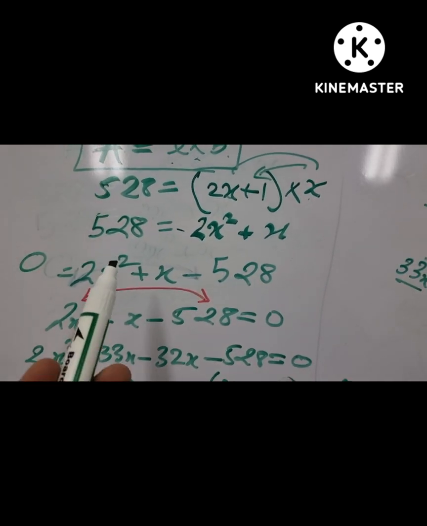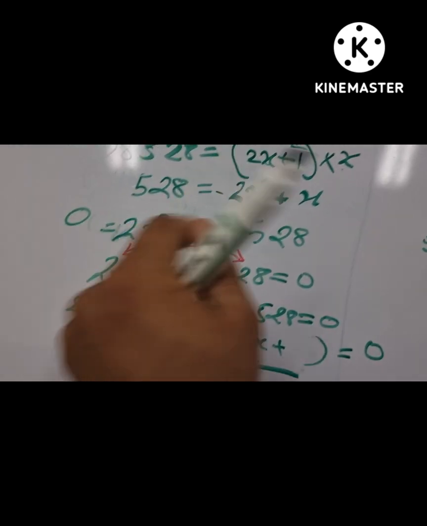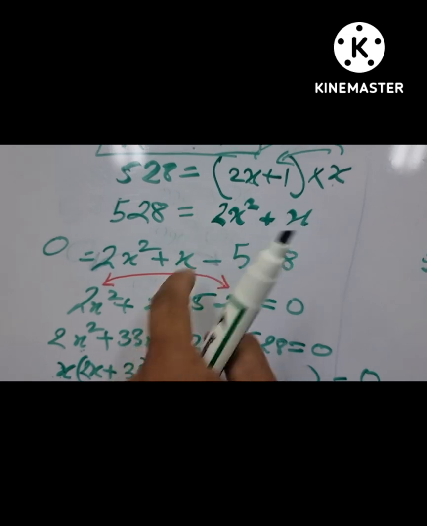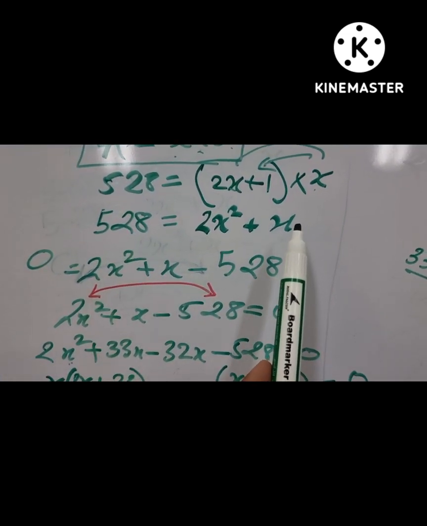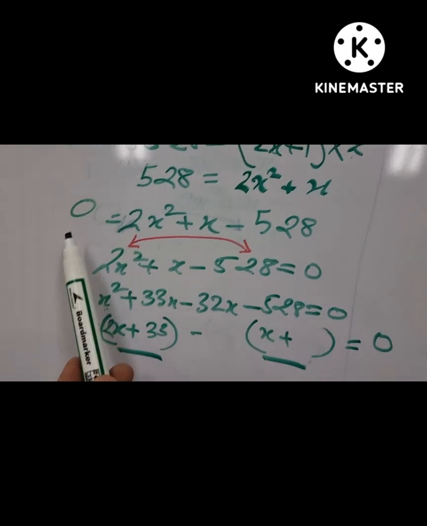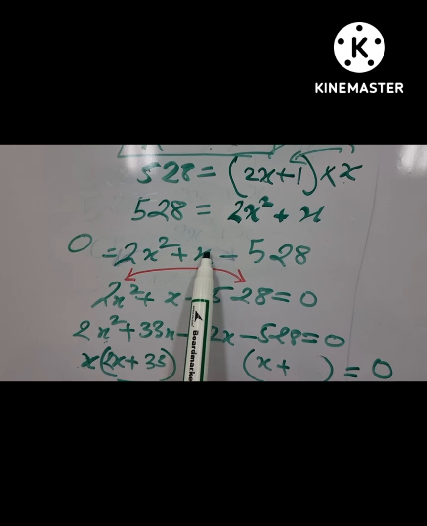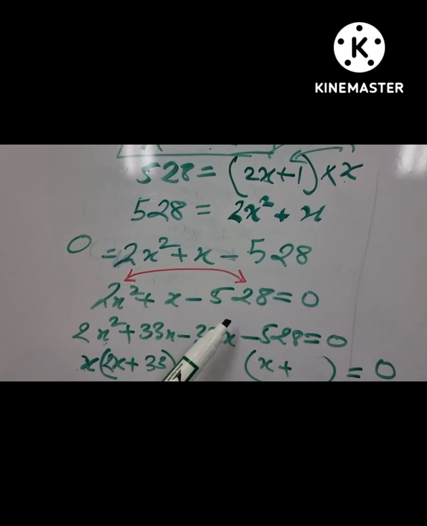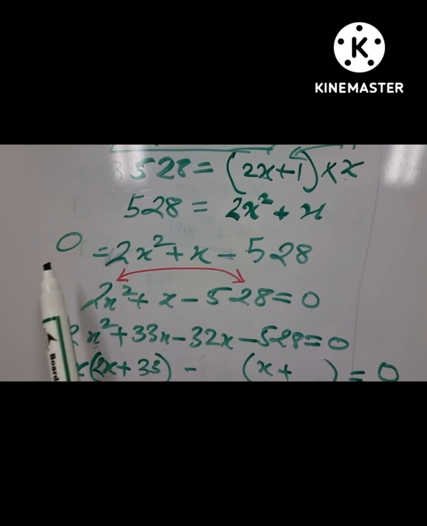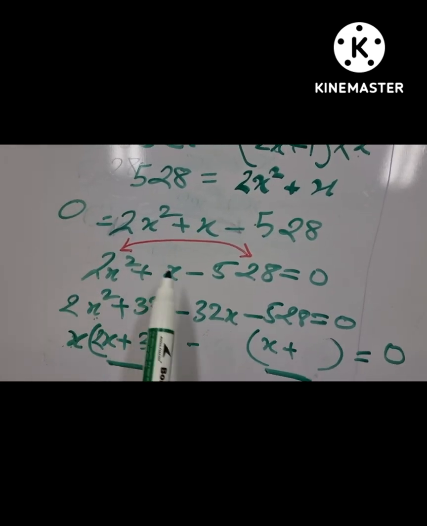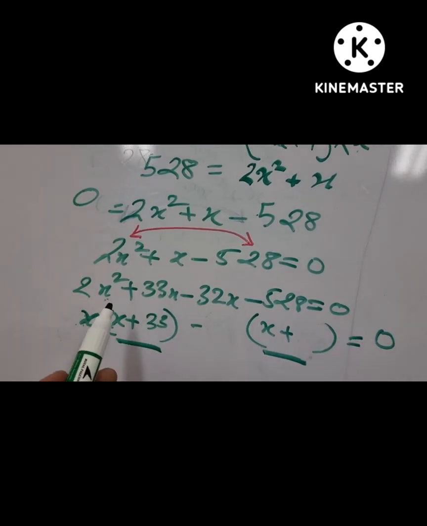Then after that we can switch 528 to right hand side. This is positive number. So after switching 528 to right, this thing will become 0 left hand side. We will get 2x squared plus x minus 528. Now we can flip everything like LHS to RHS and RHS to LHS. So we don't need to change any sign over here in this case. After that,